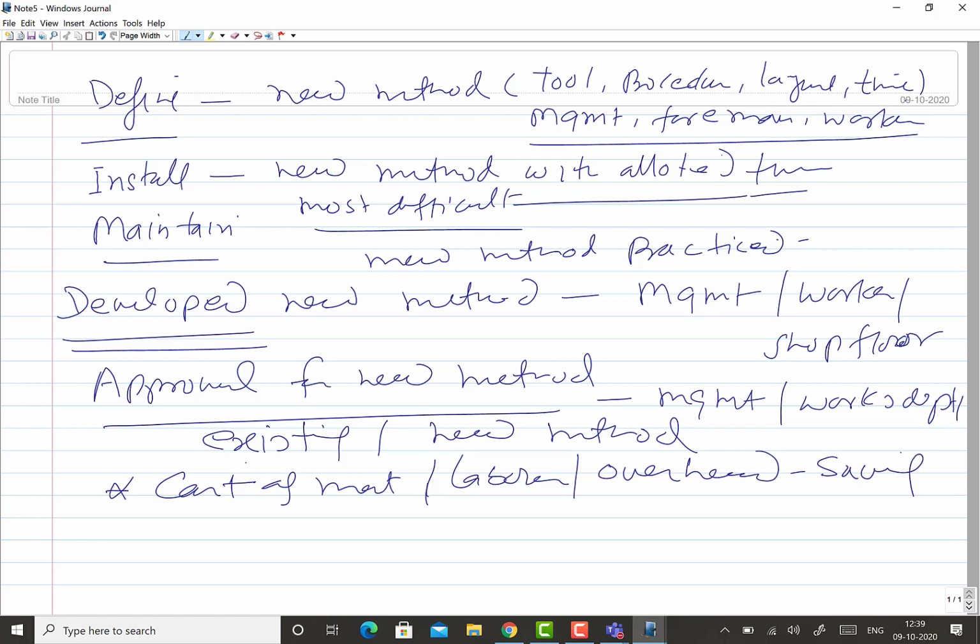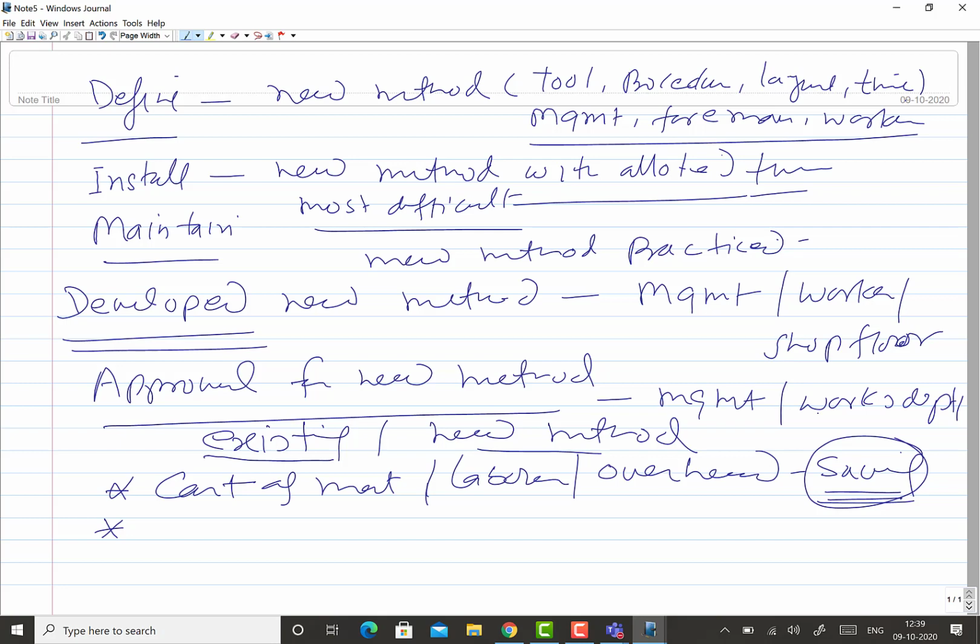So in the two methods, existing and new method, what is the cost of material, labor, or overheads? So as a result of the new method, what is the saving that is expected? Okay, this is one. So you have to show there is a possibility of significant saving in the long run, but this may not be that easy.